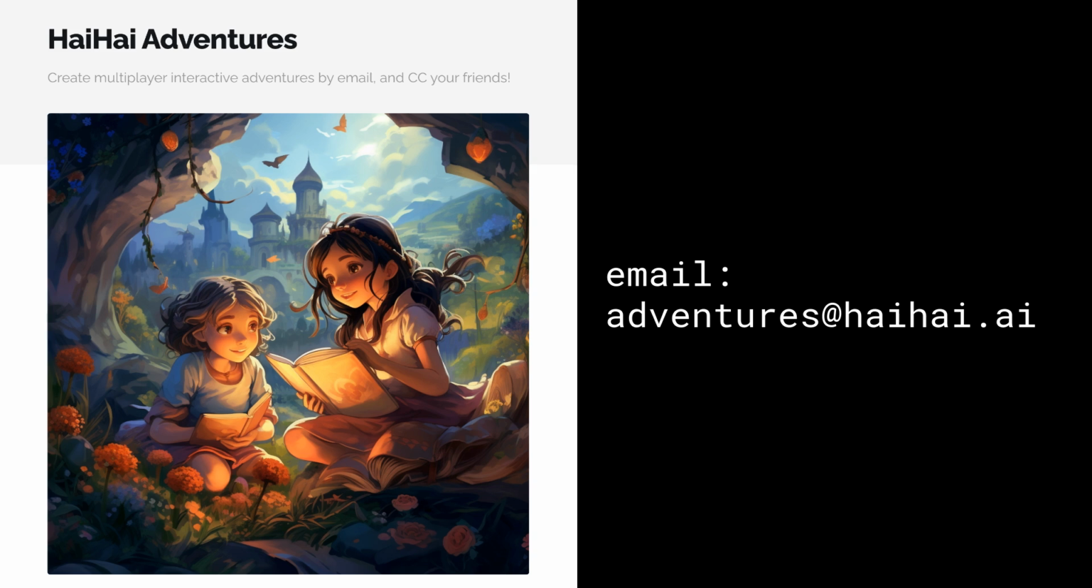Let me share a more complex example. So I have another one. It's called Adventures at haihai.ai. It's basically like choose your own adventures that you can customize. So you just send it a description of a story. It will send you back a bespoke choose your own adventure style game or interactive fiction that you'll play via email. And if you want to play with other people, you just CC them and they can join in on